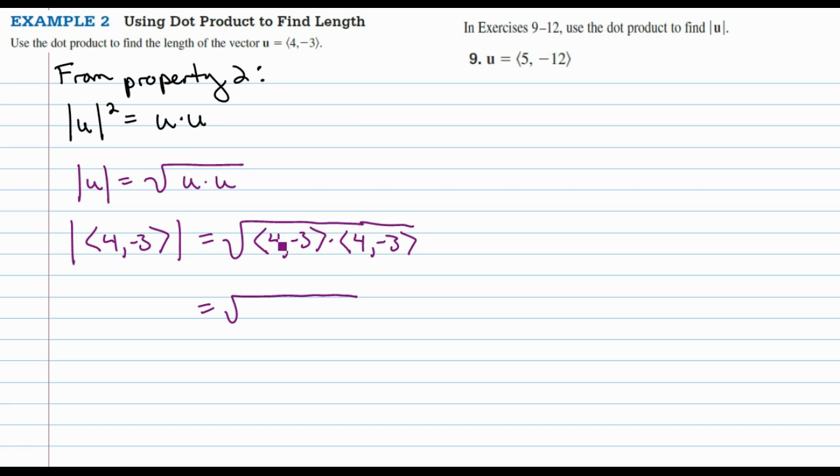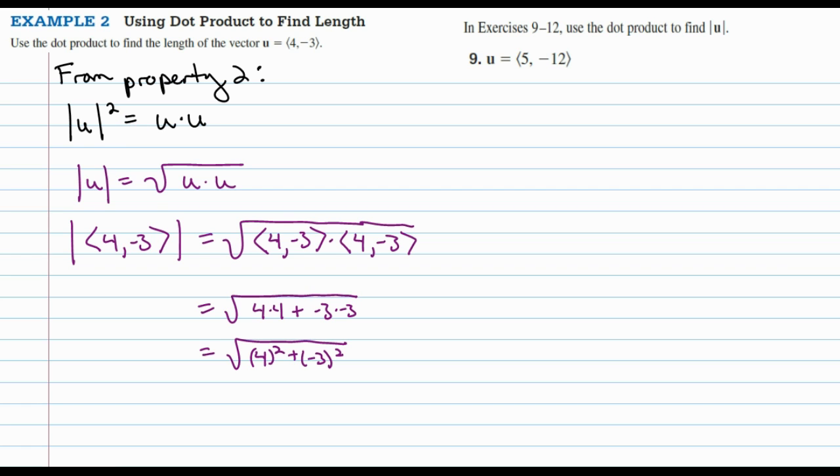So under the square root, I would take the product of the x coordinates and add the product of the y coordinates, which in fact is the square root of 4 squared plus -3 squared, which is by definition just the magnitude of a vector. So that's where actually property 2 comes from. It goes backwards from the magnitude to discover that the magnitude of a vector squared is actually the dot product